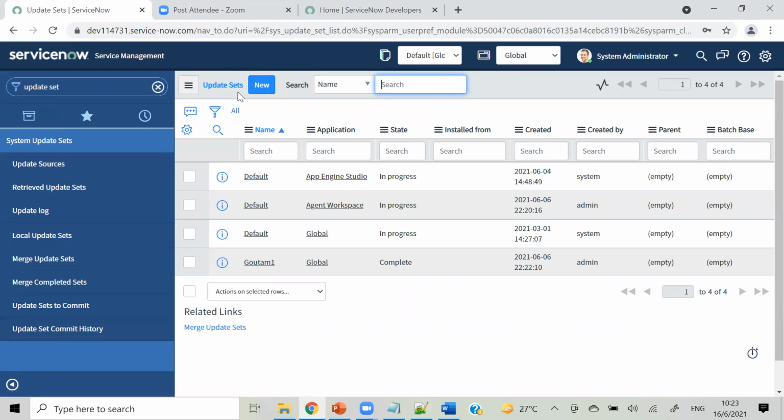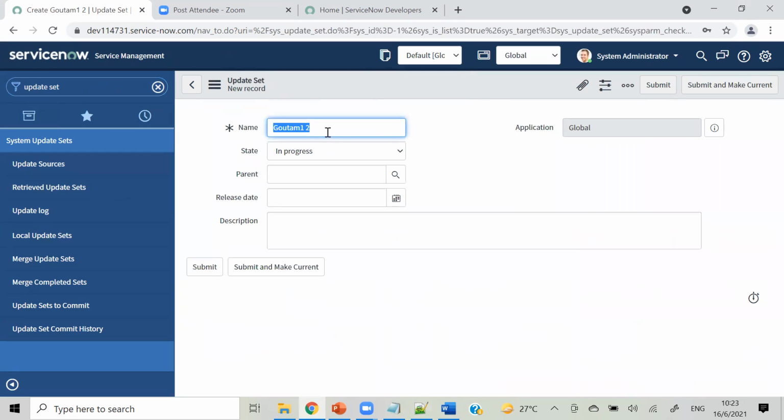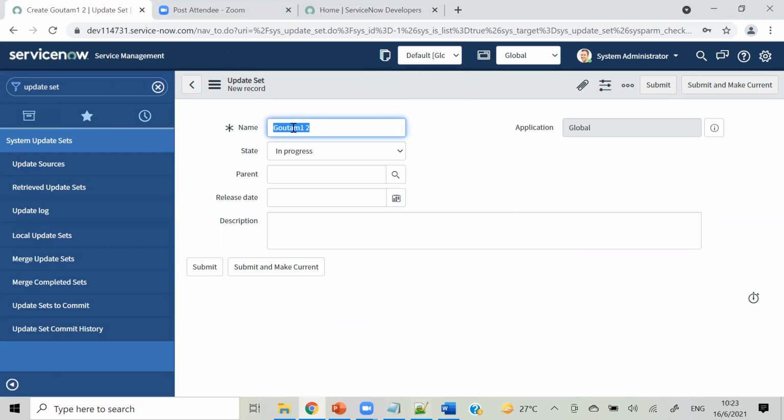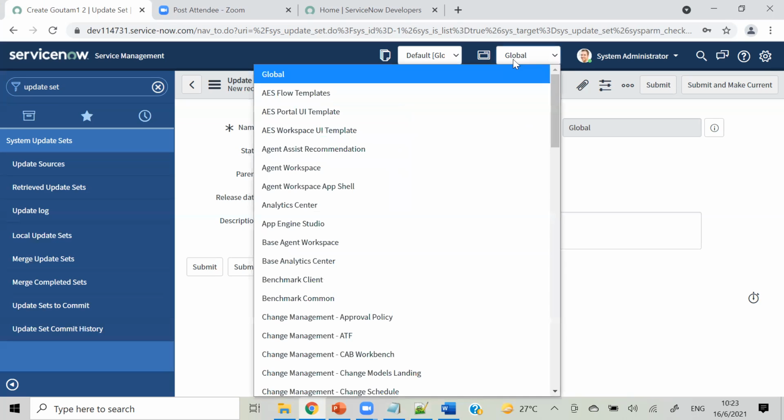When you click on Local Update Sets, you will get this option. Then click on New. As I told you, our user story number is, for example, US12345. We follow the practice of user story number, dash, then GC, my shortcut, Gautam Salkikar, and then the application, global or any other application.